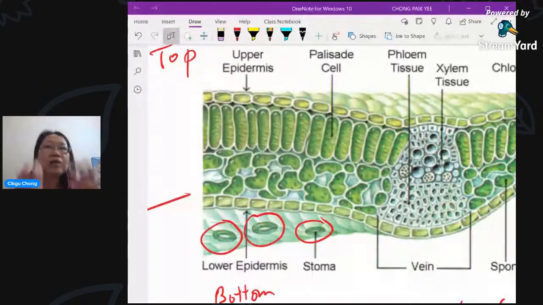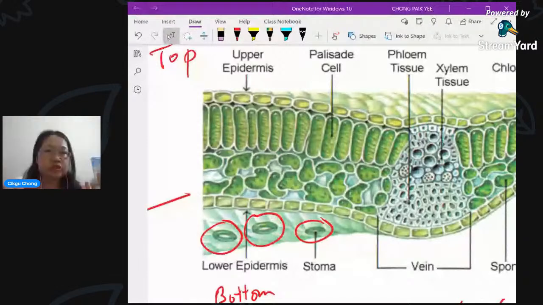So when the plant loses more water, that's not good, isn't it? The plant doesn't have enough water, then it may wilt very easily. So in order to prevent that problem, or we say reduce the rate of transpiration, we don't want so much water to be lost because of the sunlight from the top. So we try to have more stoma at the lower epidermis. And also the cuticle on top. The bottom doesn't have so much cuticle because the top side is always exposed to the sunlight. It will have a higher rate of transpiration, so we want to reduce it.